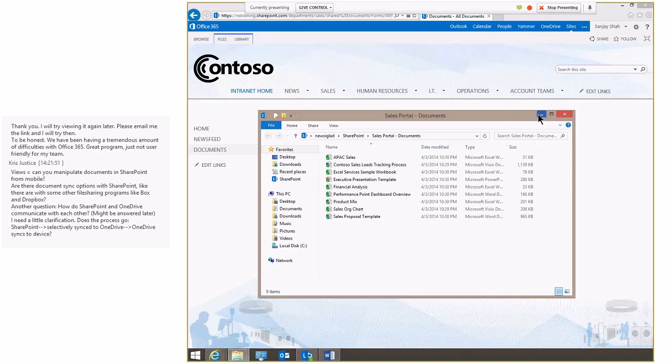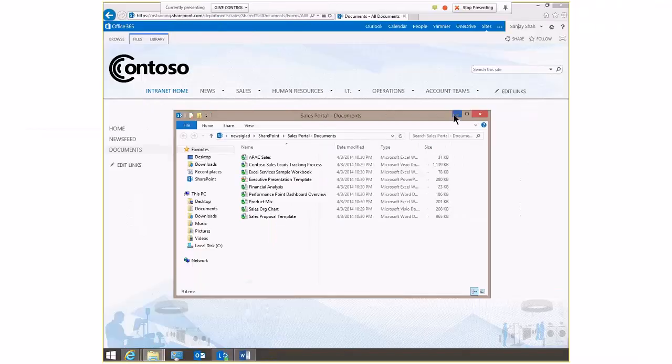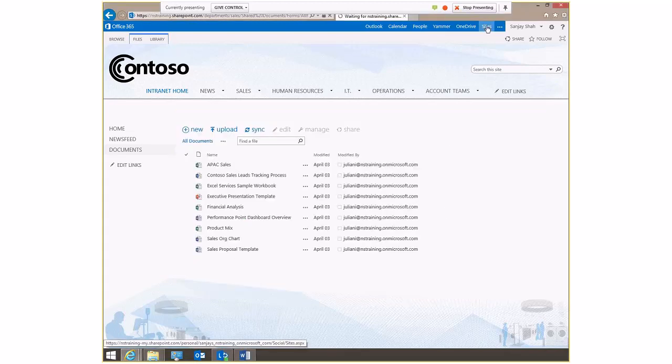Let's see what we can look at next. Yes, let's have a look at community sites. So we looked earlier at creating a team site, and now we're going to create a community site, which is just another type of intranet site or website that has different functionality designed around communities, where you might be needing to discuss things or ask and answer questions between yourselves. So let's call it